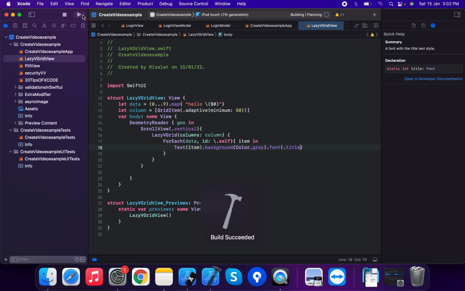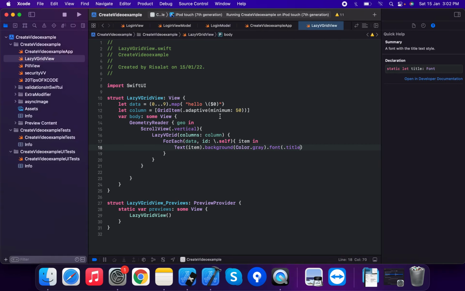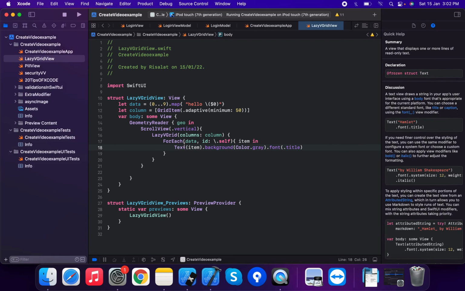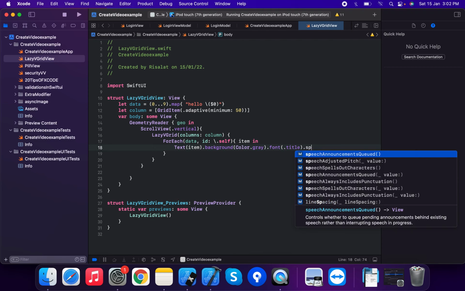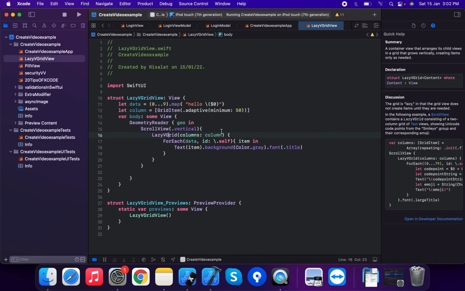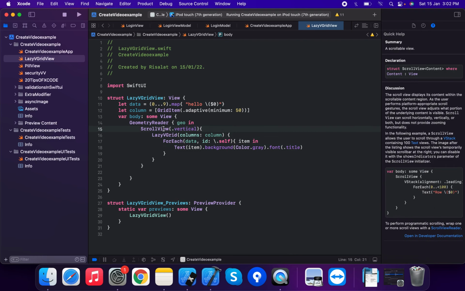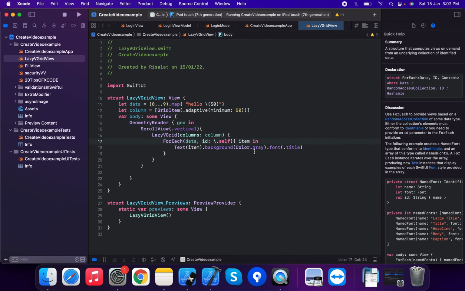This is the LazyVGrid with 15 items. This is the title font, and hello 0, hello 1, hello 2, hello 3, hello 4, hello 5, hello 6, hello 7. Now we're going to apply spacing on the LazyVGrid.